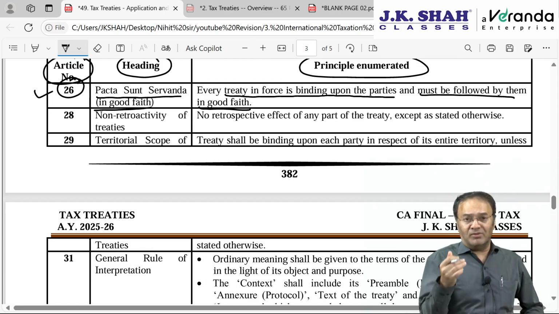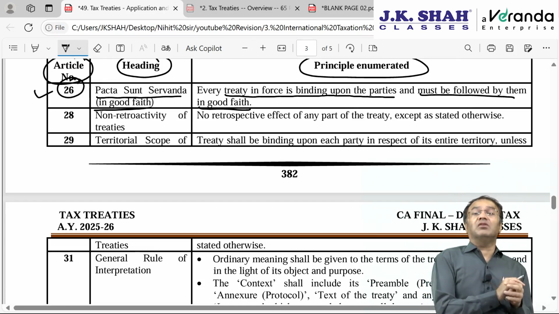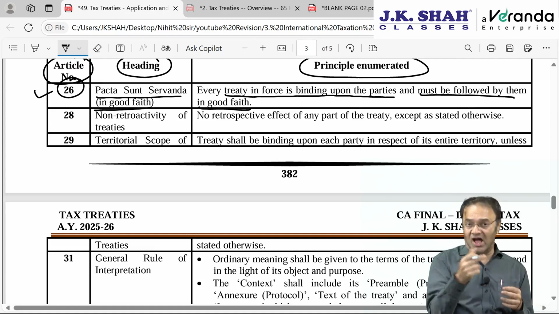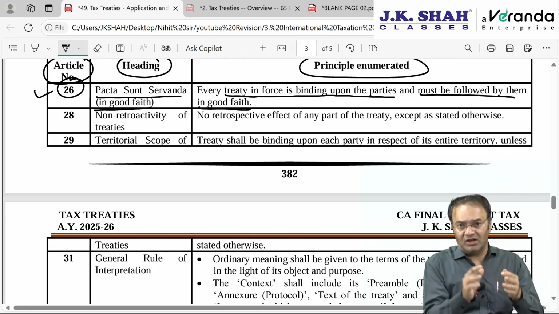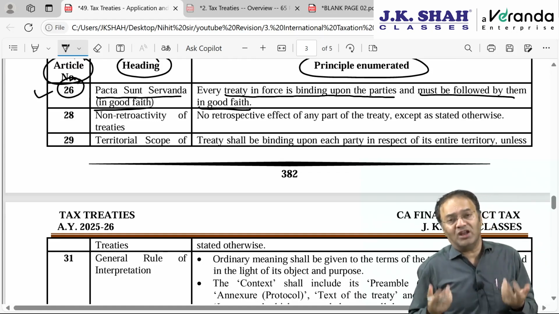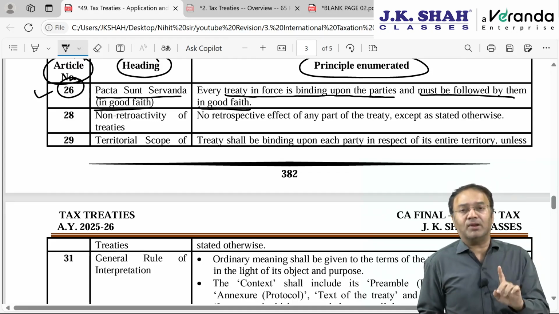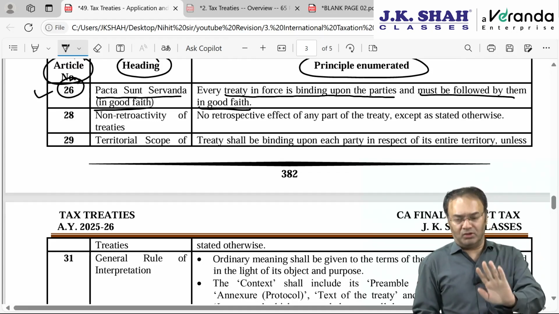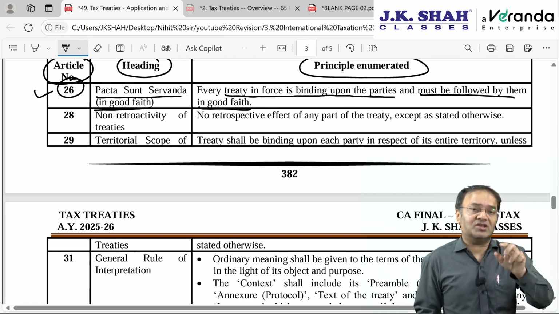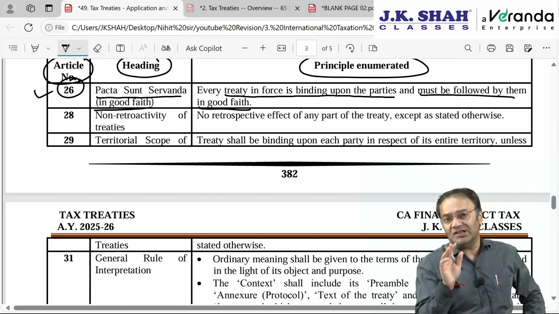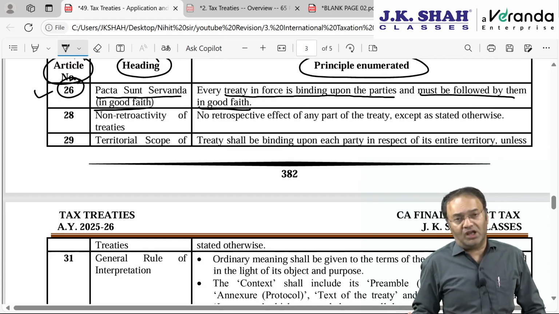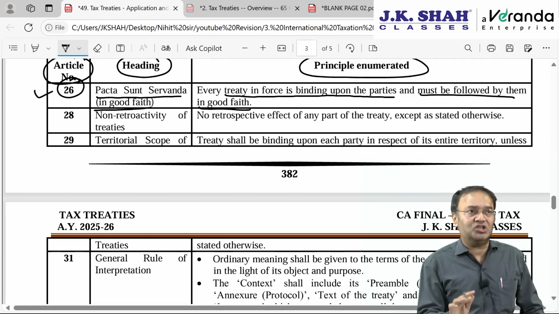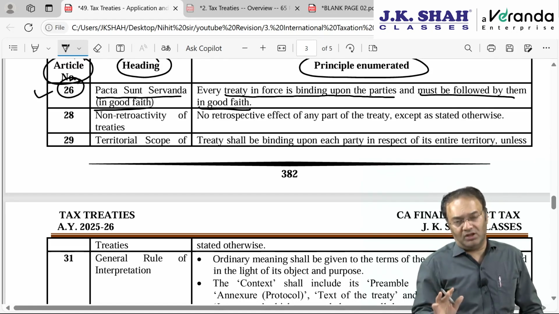See, in case there is an agreement between you and me, then it is governed by the Indian Contract Act. If you violate, I can complain against you, you can be punished, you can be arrested, or you may have to pay me big compensation. There are legal authorities available to take care of that. If you do not comply, I can lodge a complaint against you, I can get you arrested. Example, don't take it personally. Then I can take necessary legal actions. But when the treaty is between two countries and one of the countries violates the provision, what will the other country do? Technically it can't do anything. Therefore, it is clarified that each country should comply with its obligation in good faith, because there is no one to control them.